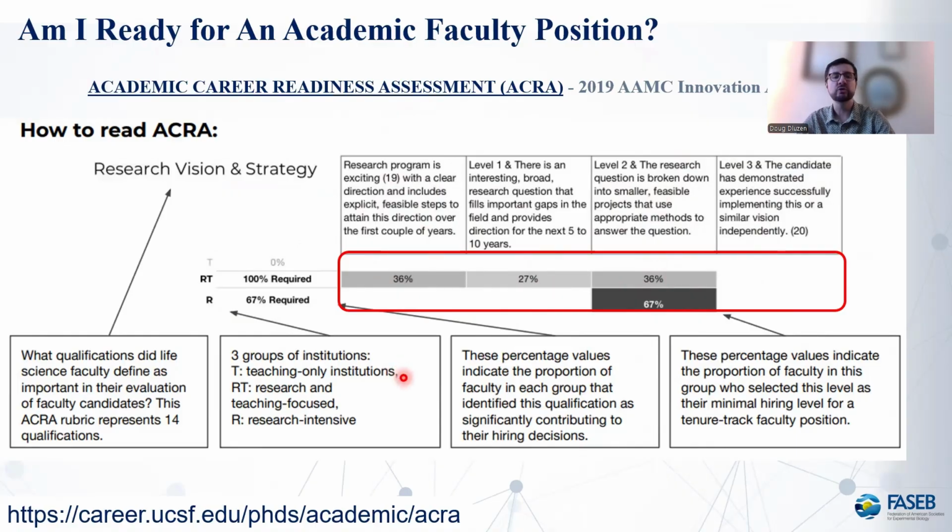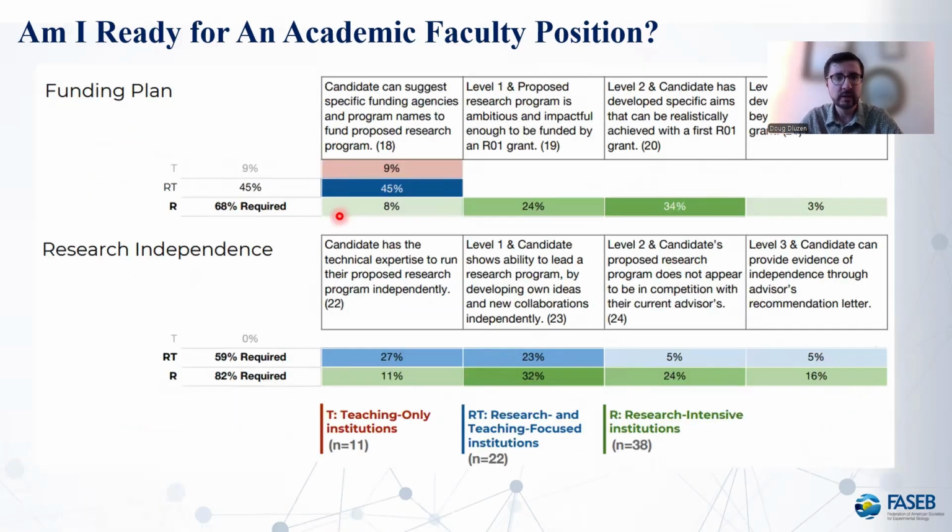So again, the idea here is that you can look through each of the faculty criteria or qualifications and get a sense of what you need to emphasize in your application materials if you are going for a research faculty role, for instance. Research vision and strategy is going to be of big importance, particularly showing independence and showing a well-articulated vision. If you're applying for a teaching faculty role, you really aren't going to have to spend any time defining that because you're going to be in the classroom as opposed to running a research laboratory. So again, this is just examples.